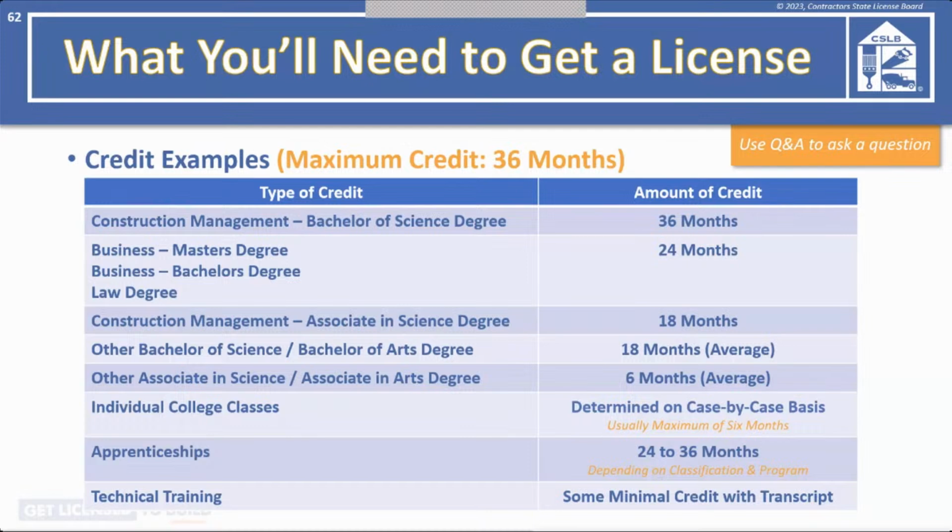My father and I are looking into obtaining a B2 license. I have a bachelor's degree in business, but I don't have the experience. My father has the necessary experience in working the trades. Would I qualify to take the exam? Unfortunately, no. In order for you to take the exam, you would have to be the one who has the work experience. And then you could also submit your degree as a potential education credit.